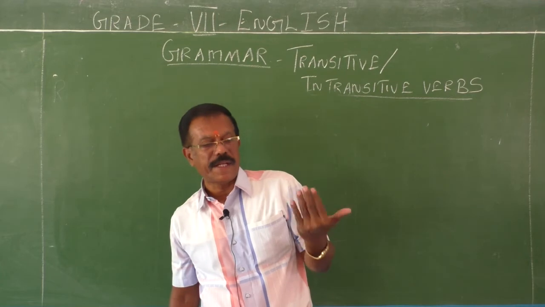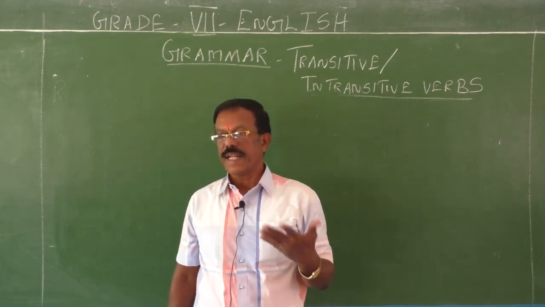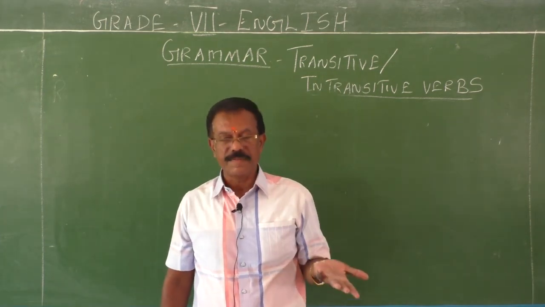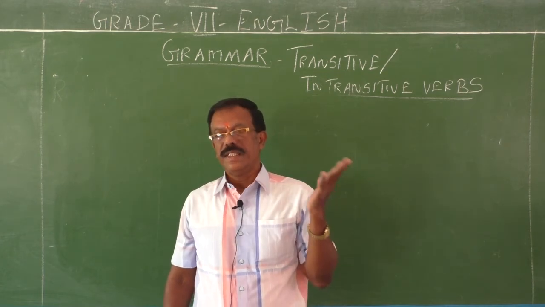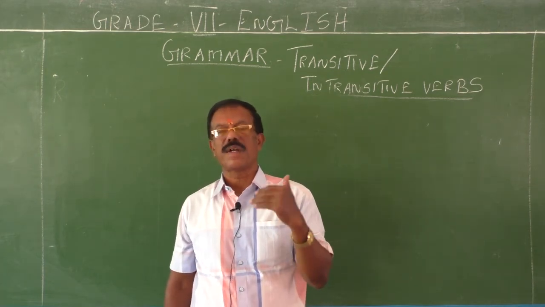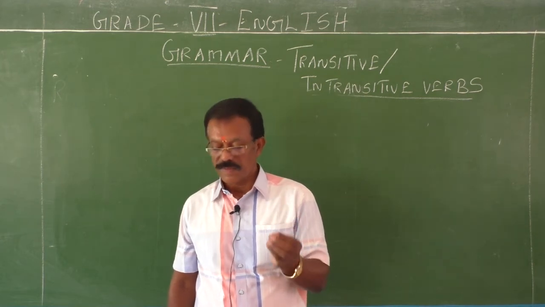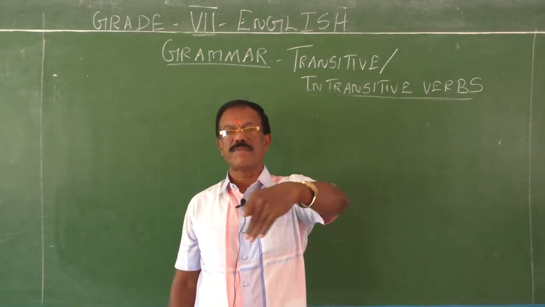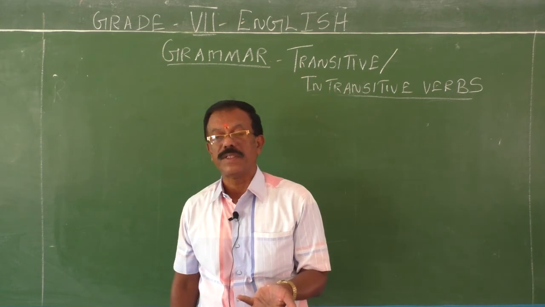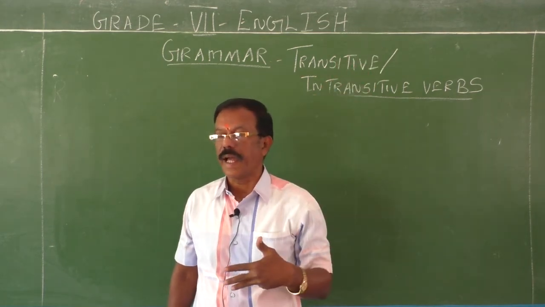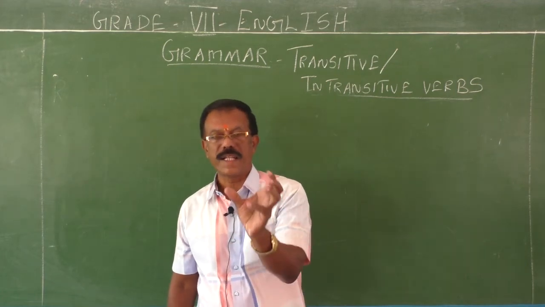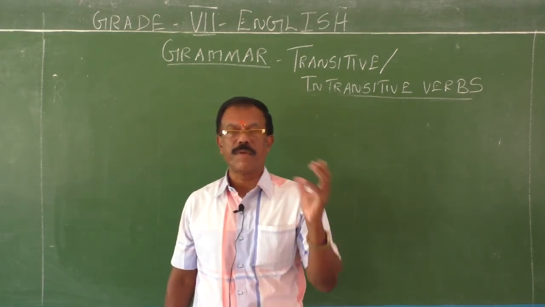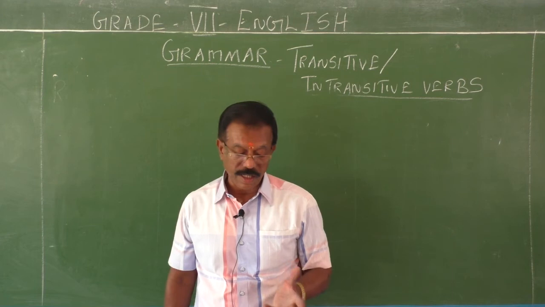So transitive verbs may be monotransitive or ditransitive. Intransitive verbs do not require an object. And then another type is the verb of incomplete predication. These verbs require some words to complete the sentence. Most of such words may be nouns, pronouns or adjectives. They are complements, and complements are of two types: subject complement and object complement. Subject complement describes the subject and says something about the subject. Object complement describes the object and says something about the object.